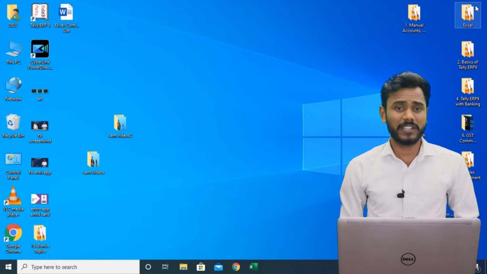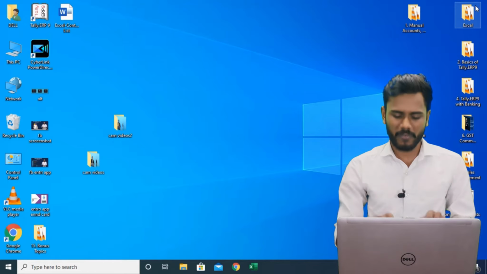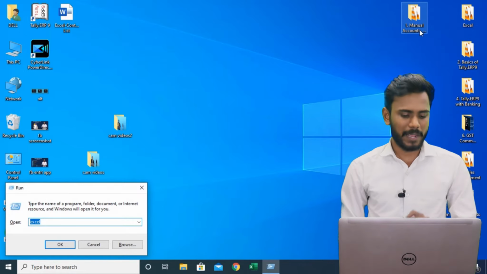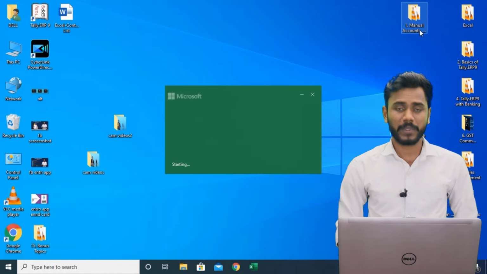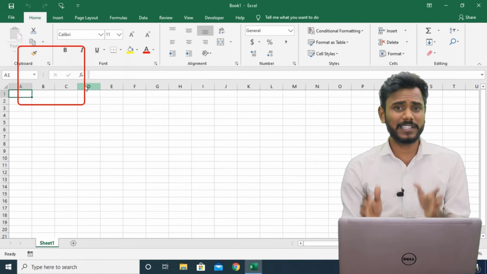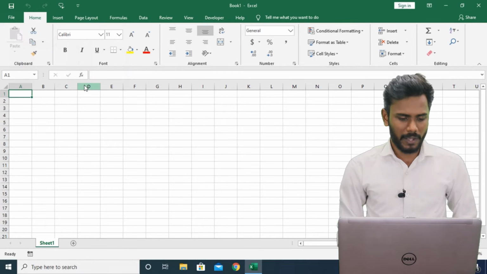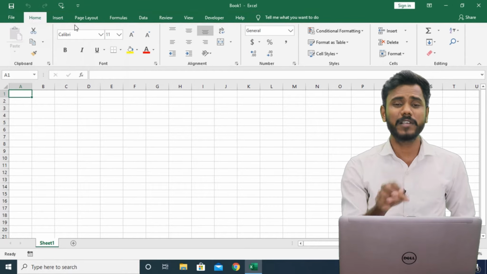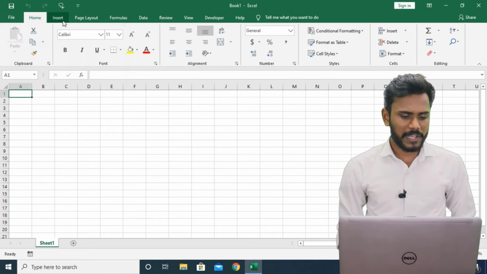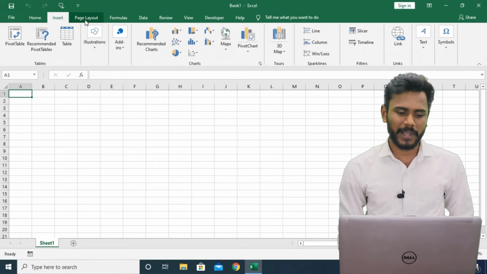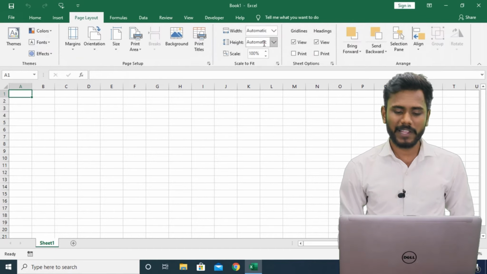Next we'll discuss the Excel sheet overview, right? So I'm going to open Excel once again by using Windows plus R, typing the Excel command and clicking on OK. Now here I'm going to open a blank workbook and this is the Excel sheet preview. You may see that File, Home, Insert, Page Layout are all known as the menu bar, menus, ribbon bar or tabs. If you click on the Insert menu, the system is going to display insert menu tools. If you click on the Page Layout menu, the system is going to display page layout tools.